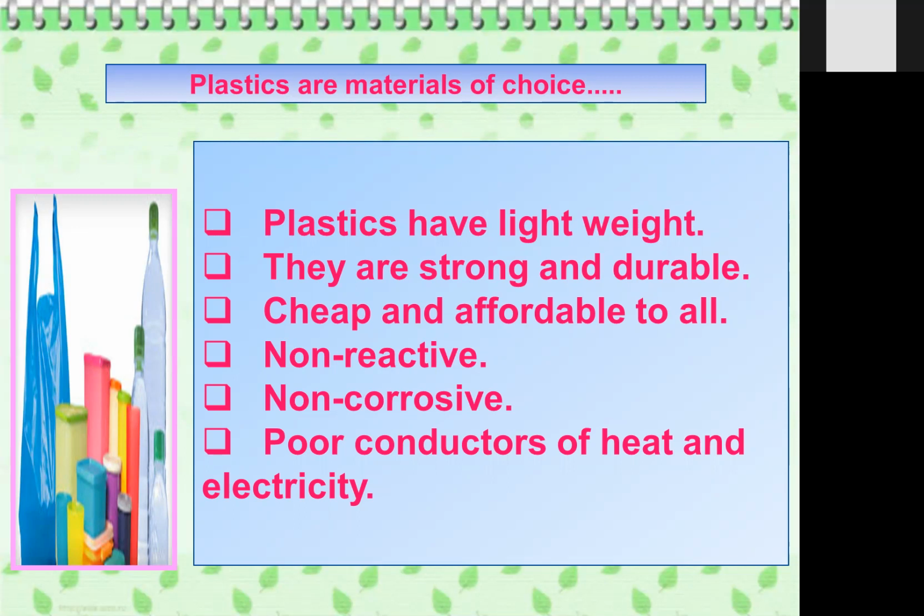You can't degrade it easily. It takes years and years to degrade even a small piece of plastic. And that's why it is releasing toxic material that harms the environment, the soil and everything, right? That's why it is an alarming situation. We have to replace plastic also. But as we say, plastics are useful also. First, let us find out why we use plastic so much. They are lightweight, strong, durable, come in different colors, cheaper, non-reactive, and non-corrosive.